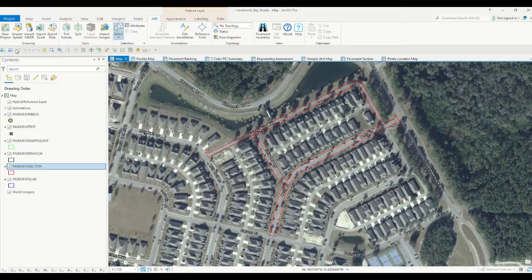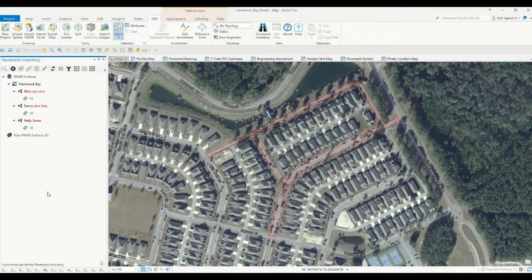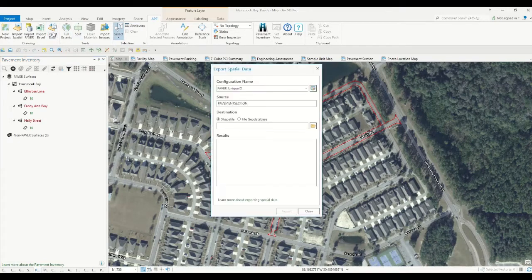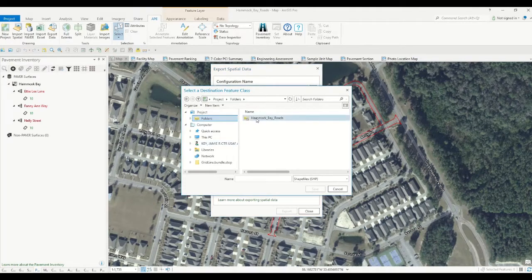After populating all this required information, you saw I hit refresh, and now everything's in the correct place. It's got its correct attributes in the table, and these sections are now ready to export to a shapefile so we can create a paver database. So that's another tool in this toolbar. I'll click export data. I have one called paver inventory, and I'll browse to a folder, name it,